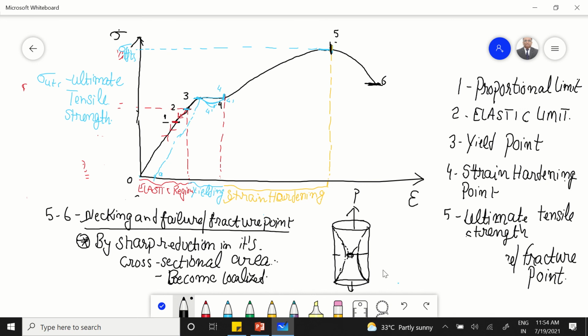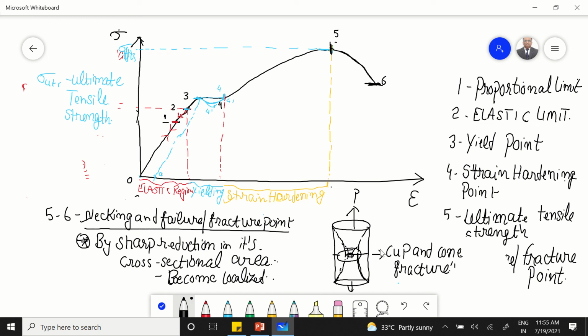of this material. Okay, so that is the reason, due to the reduction in area, any further increased load is actually shown by reduction here, but the stresses will continue to increase here. So this type of failure in ductile materials, we normally call it cup and cone fracture. We call this cup and cone fracture. So this is a failure of a ductile material.